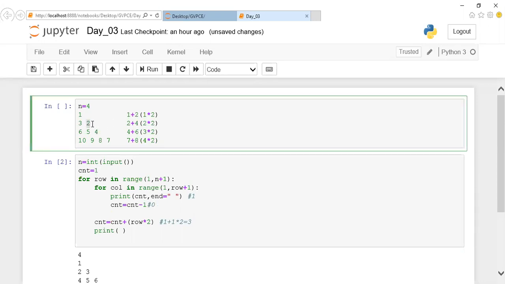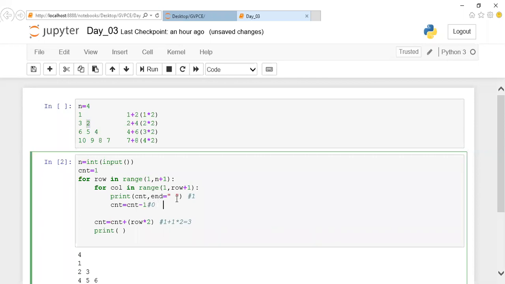The same way after printing 2, this count value, if you keep on decrementing, your count value will become as 1. This is for your first iteration, guys. For the second iteration, what happened? You will be printing for second iteration. After printing 1, let us assume this step is not there. What happened? After printing 1, you are adding 1 plus 1 into 2. So what happened? You will get 3. So 3 will be printed. Then you will be decrementing it. Then 2 will be printed. So when this condition will get failed, this particular count value will become as 1. So I don't want to add this 4 along with 1. I want to add along with 2. So before going to next step, I should increment my count value.